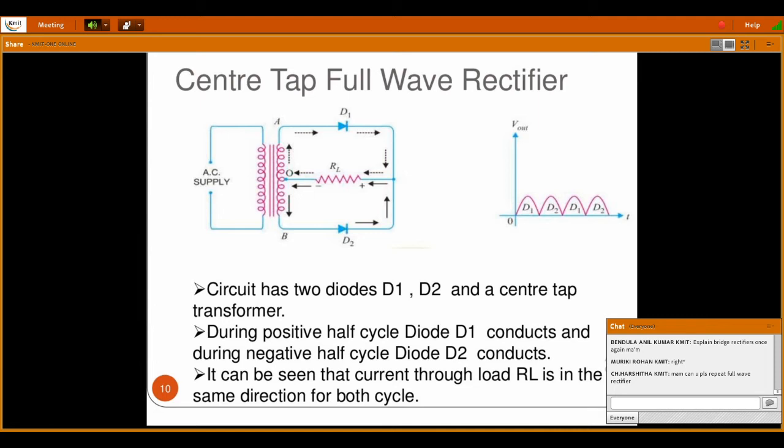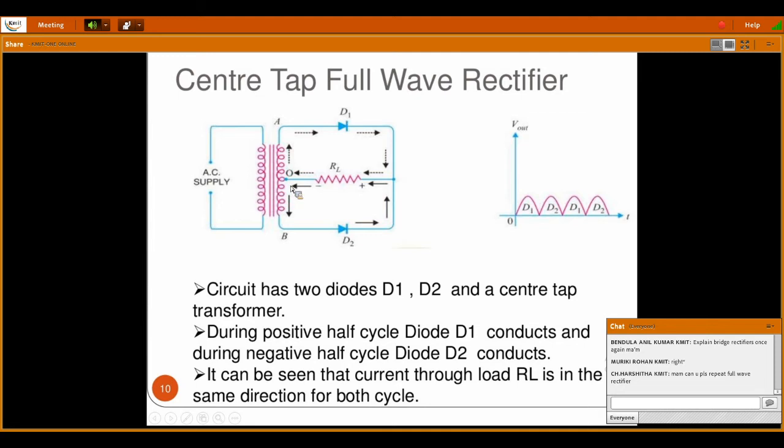See the circuit diagram of a full wave rectifier. This is also called center tapped. Center tap in the sense, the step down transformer that we are using is tied to the load resistor, where the polarity of the input waveform will be altered for each and every cycle. Because of that, we are getting this full waveform in the output. You can see here you are getting all positive peaks only. Now we will see the operation.